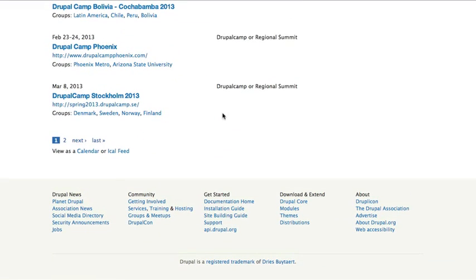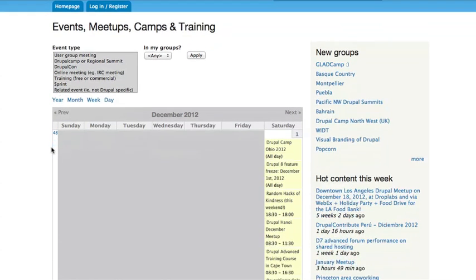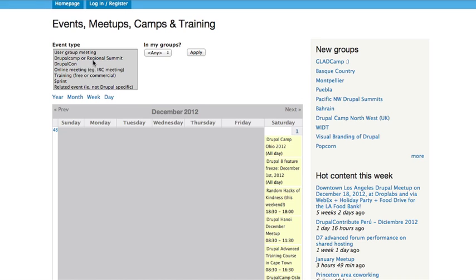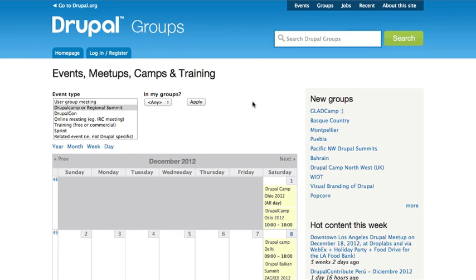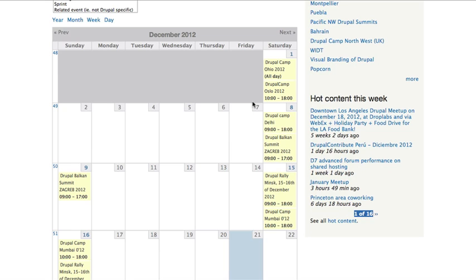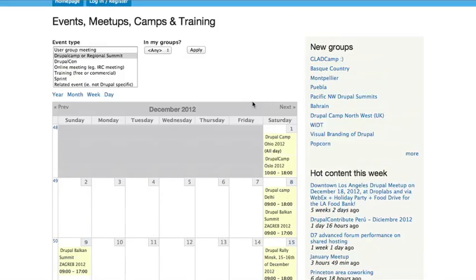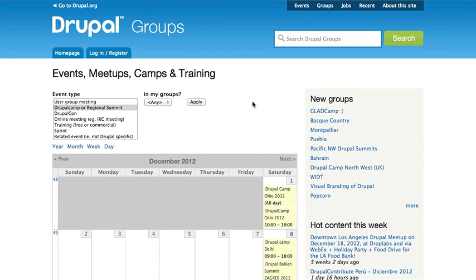community. Another way to look at this is as an actual calendar, if the listing doesn't work so well for you. So if you go to the bottom and click the View as Calendar link, and again, I want to limit this. I don't need every single event everywhere. Let me just look at Drupal camps. And again, it's in a calendar view, so it's a different way to digest the information, shall we